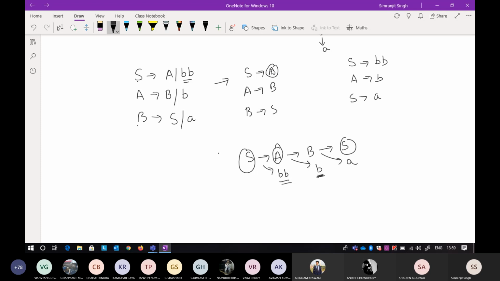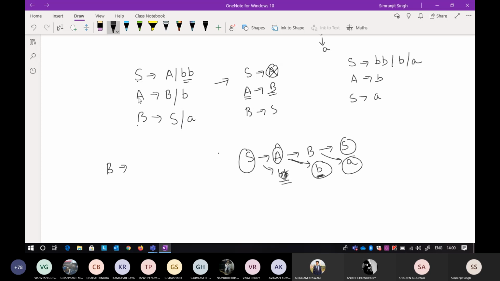After that, now I want to eliminate this A. So if I want to eliminate this A, I have to include all the useful symbols that A is producing. So A is following this path, that is your B and that is your a. Okay, so you include this B as well as this a. Okay, so again follow the same procedure for all of it. So now I want to eliminate this A tends to B. Okay, so A tends to B. Now you start with the B, because whatever useful symbols B is extending, you go from that one. Okay, so I want to eliminate this B.